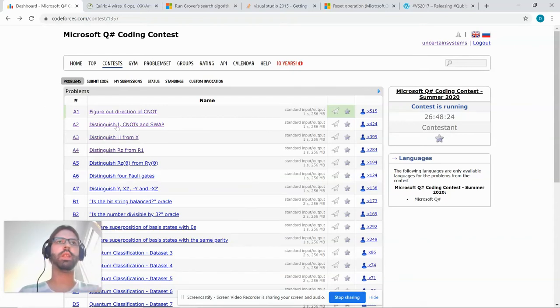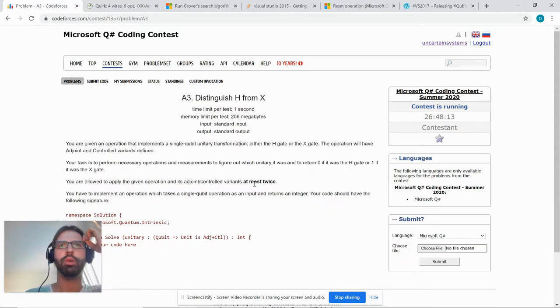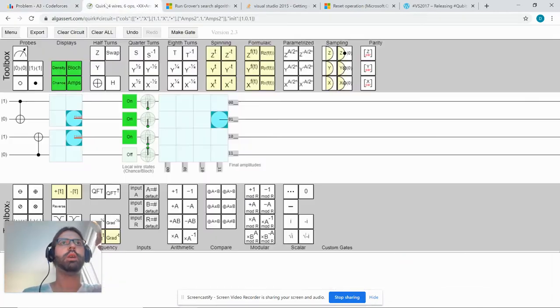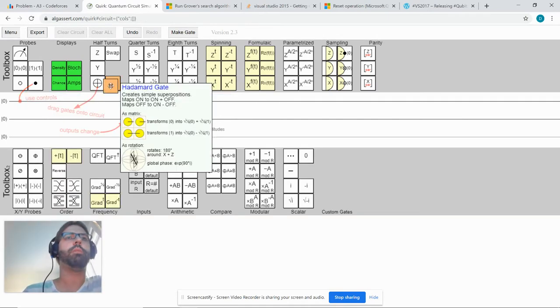Cool. So I've been taking a look at the next three, and they should be fairly easy. I think A3 should be really easy, actually. We can quickly, because if I read well, I can apply the operation twice. So the idea here would be if I apply a Hadamard